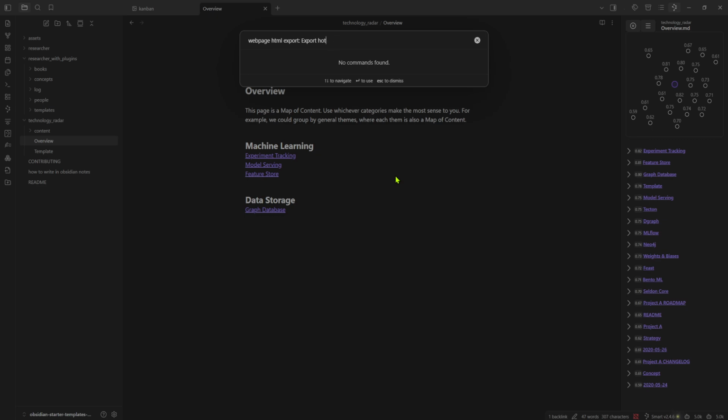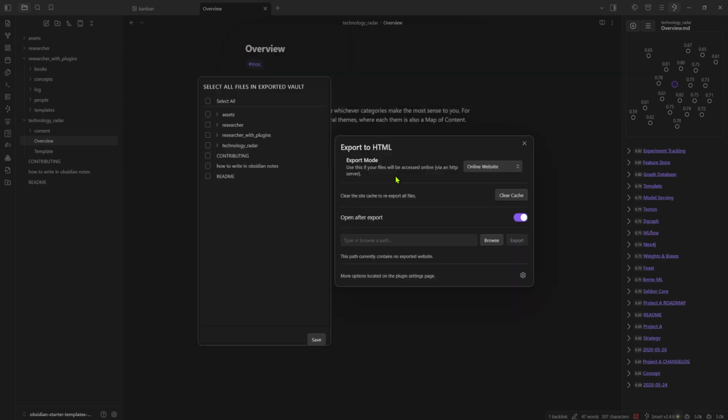Okay, now it's not available here, but using previous settings. Okay, let's do that one. Export mode. Yeah, and then click save